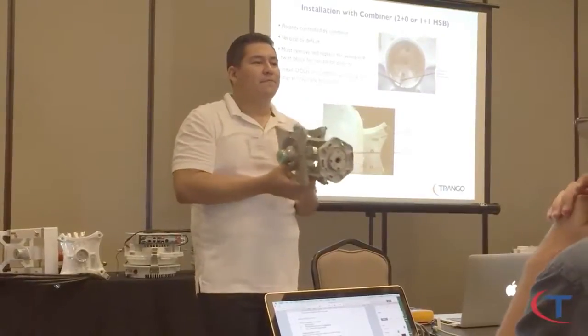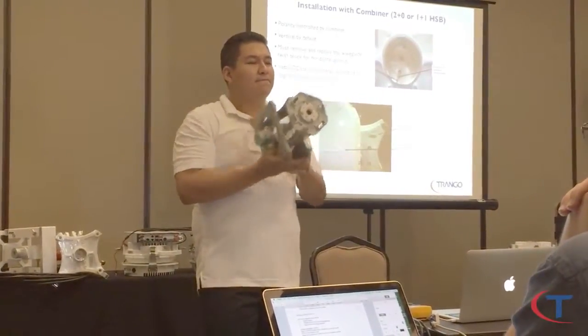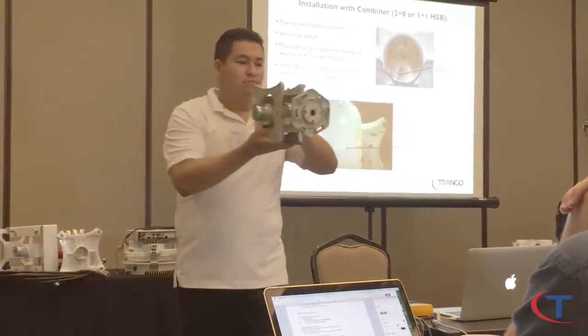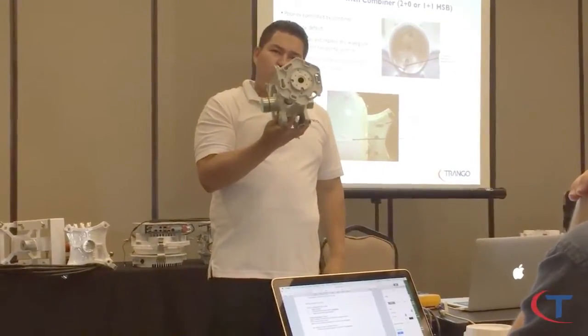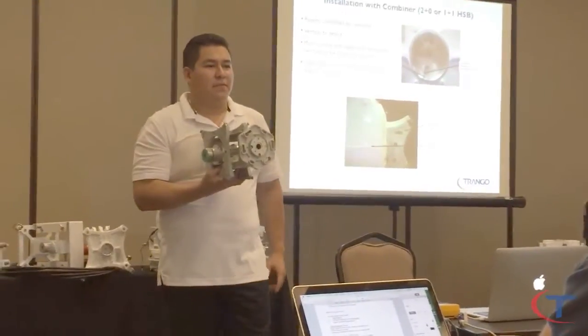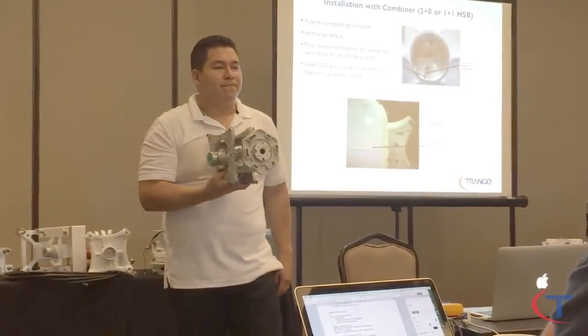Okay. So if we had a link, and then we inserted that combiner, how much loss would that combiner add? Would we be able to measure any loss on that combiner? 0.5 dB per side. Per side, yeah. Very minimal. Okay, so really, so if we had a